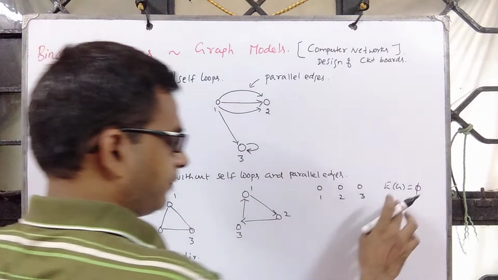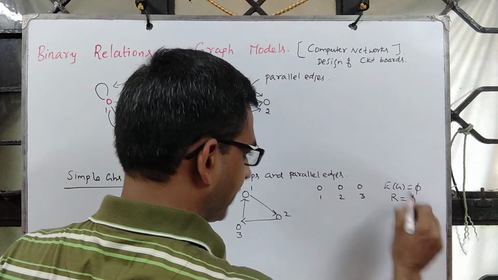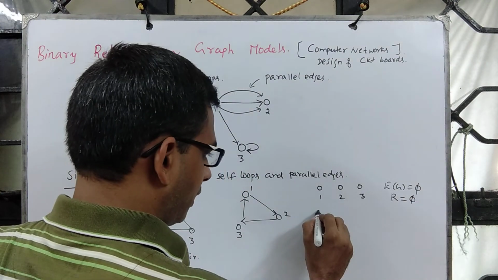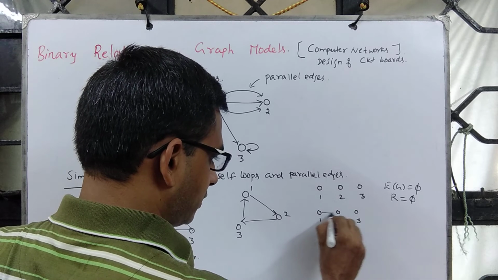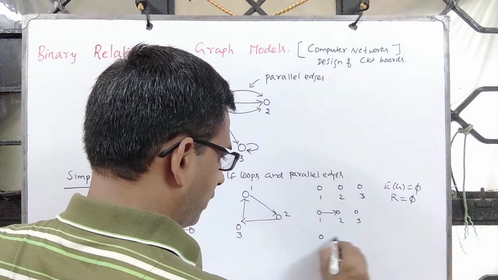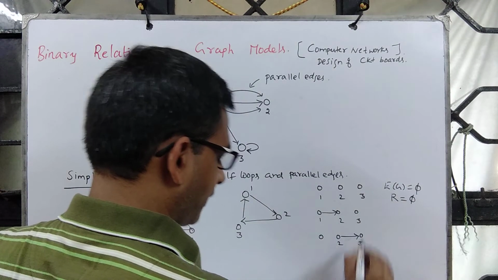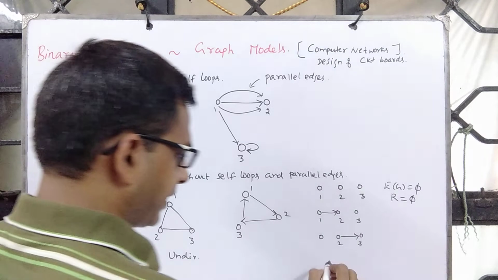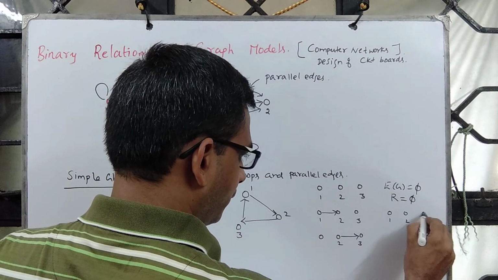So it's a graph in which the edge set is empty, which means the underlying relation is empty. Or you can draw just one edge, say 1 to 2, or you can draw say 2 to 3. So like this one can start listing. So one can draw 1, 2, 3.